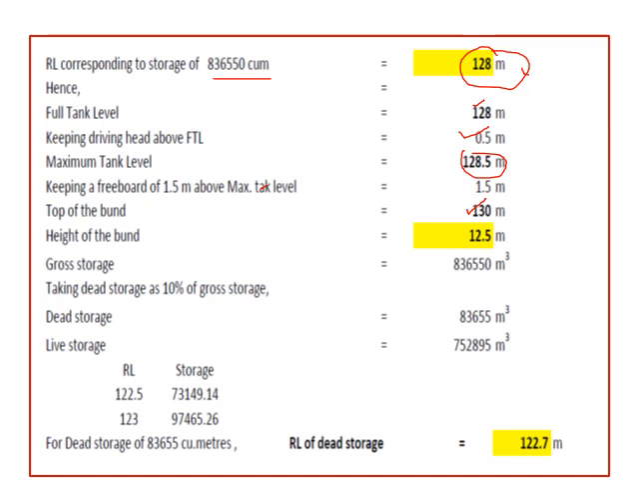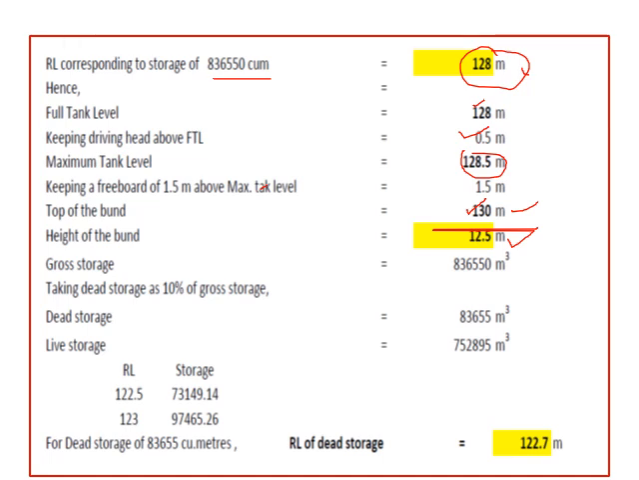So for the bund, the top level gets fixed at 130, and we know that the lowest RL is 117.5 at the side, so therefore 12.5 meters is the height of the bund. This is the height of the bund that you have to fix at the side. It is not the survey level up to which you construct the bund. The bund height has to be decided